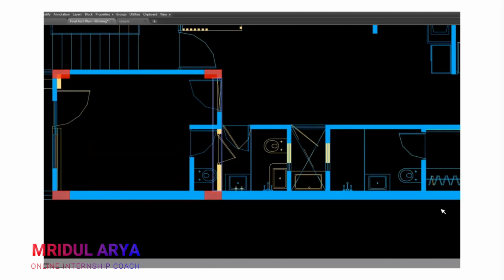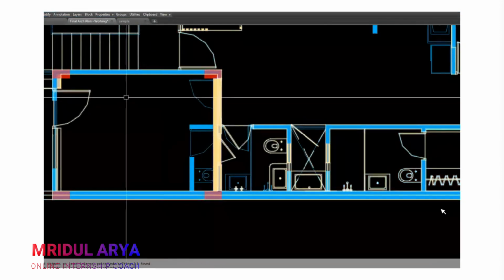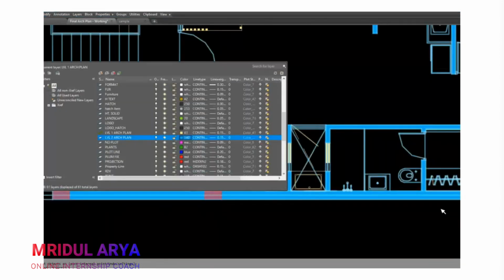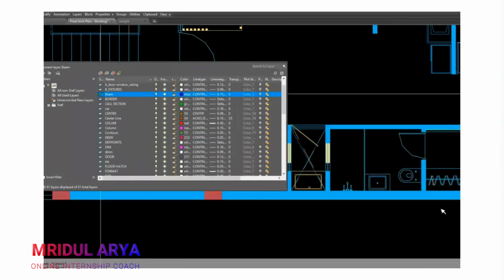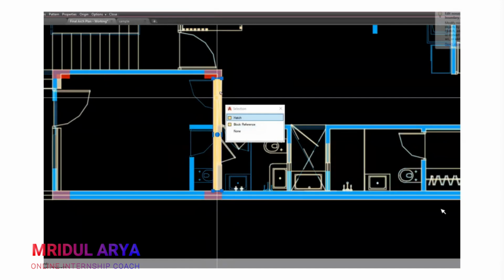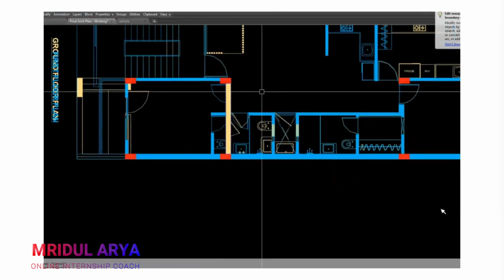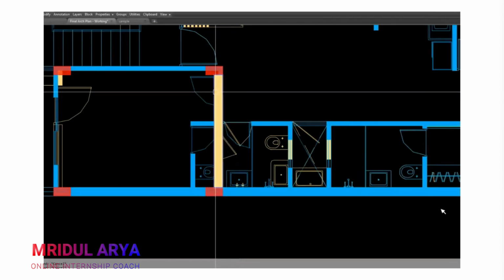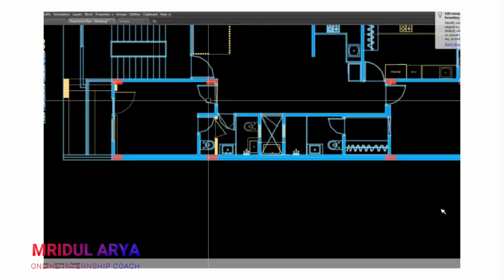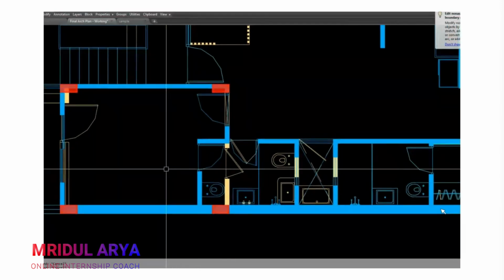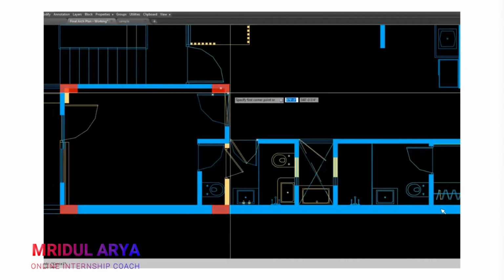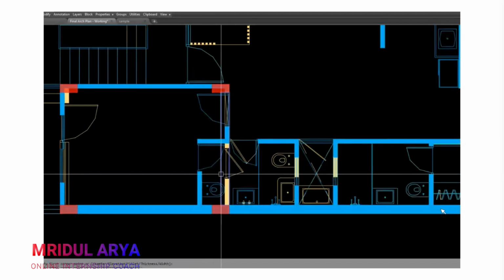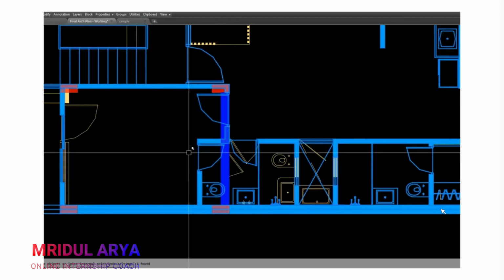This will be your beam, but that beam will be in your ground floor room. There will be no problem there, but when you come to the first floor and try to place a beam at this location, your beam will interfere with the bathroom.